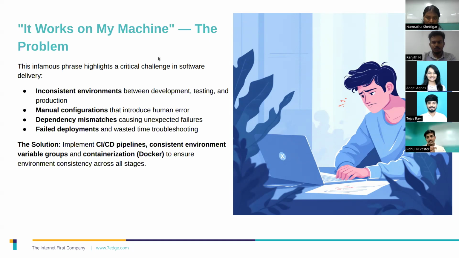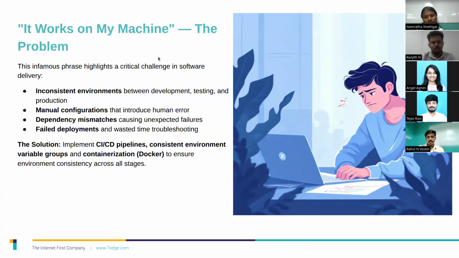That's a great question, Tejas. I have faced it many times. It works on my machine, but it ends up in production with an error, or any kind of 500 errors. Almost every developer has said it works on my machine, only to find that the same code breaks in production. This happens because the environments between development, staging, and production aren't consistent, or because the older SDLC process didn't have multiple environments.